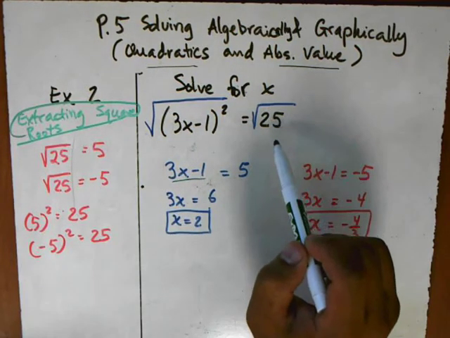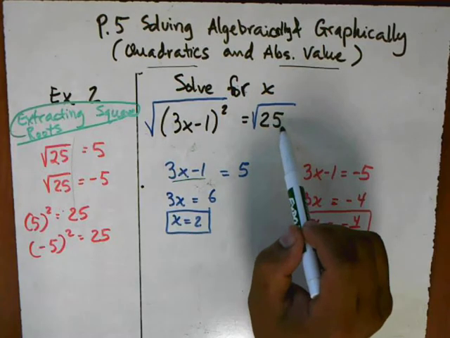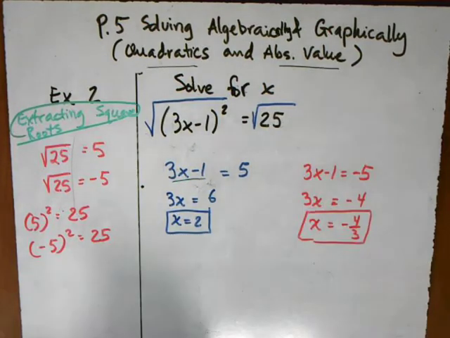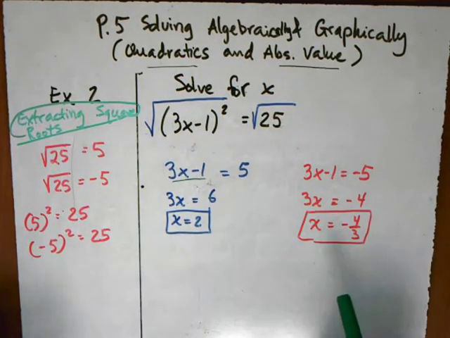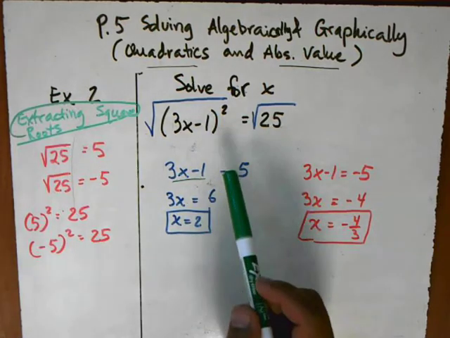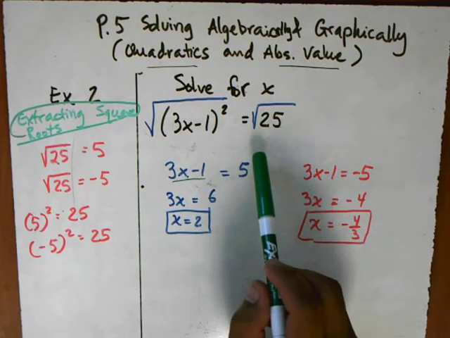On the right side, we're very lucky that we have 25 here, which is also a perfect square, and we can take the square root of that. And the problem becomes fairly straightforward. Now, this too is a quadratic. If you were to graph this,